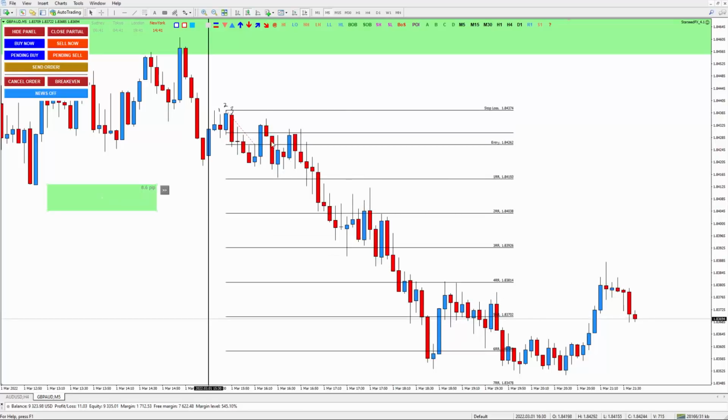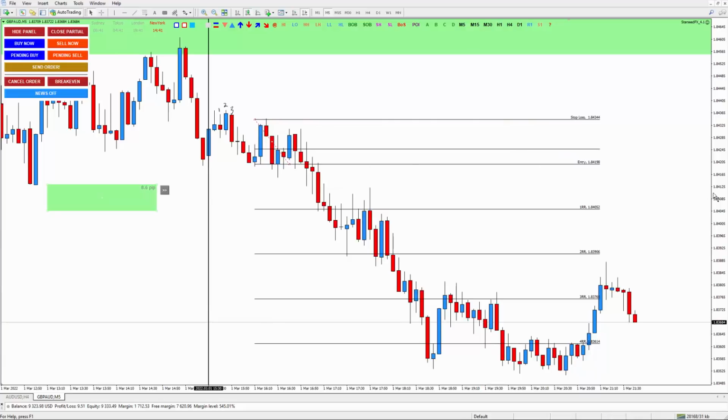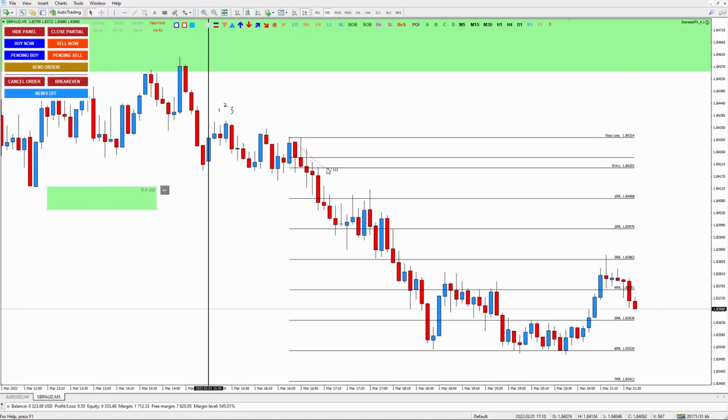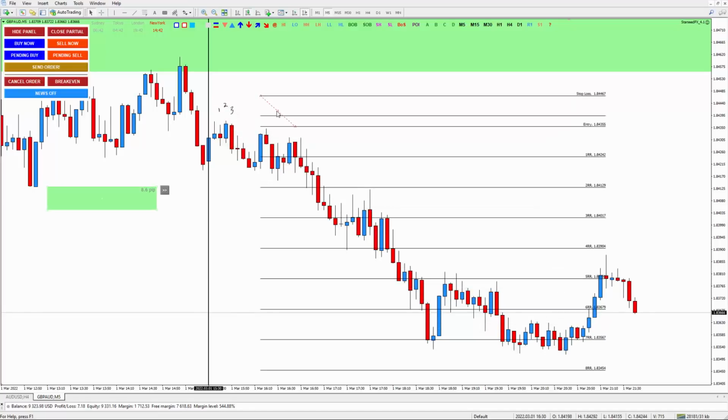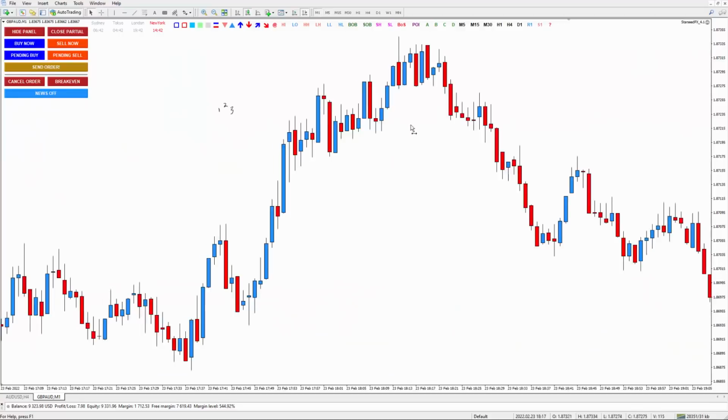If you are taking 1 to 5, you already got 1 to 5. And here also, if you want to make a direct entry, this is not yet 1 to 5, but maybe this one is already 1 to 5. Look, just from 5 minutes alone, from 3 to 7, less than 5 hours, you already got 15R from one alert. So you do not have to trade every single alert that we send to you. Just trade whenever you have time and make sure you find the patterns that we show you here. Now let's see on M1.